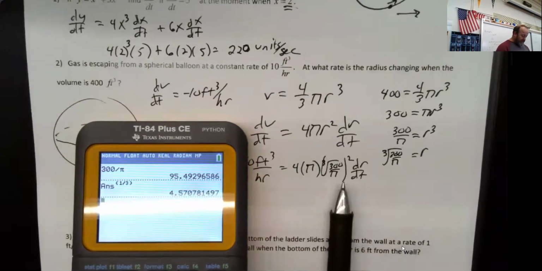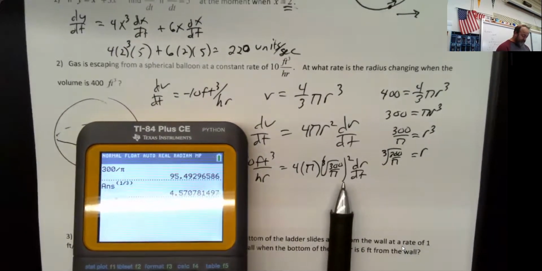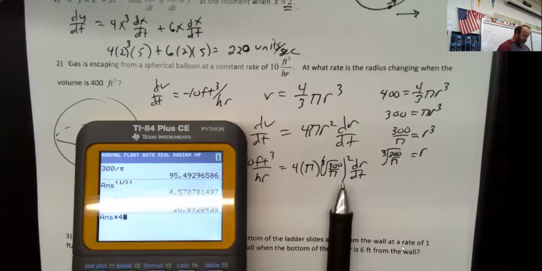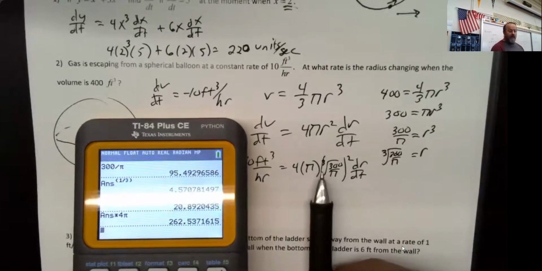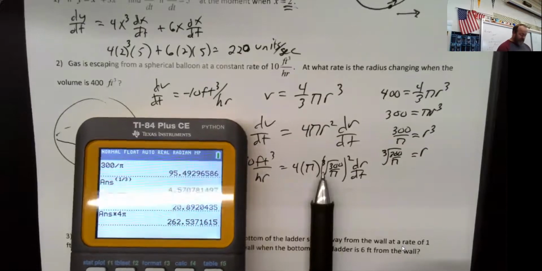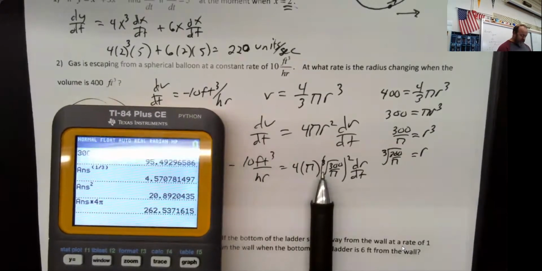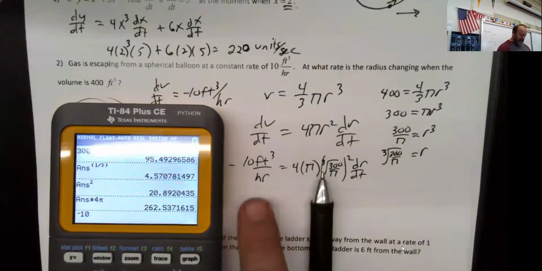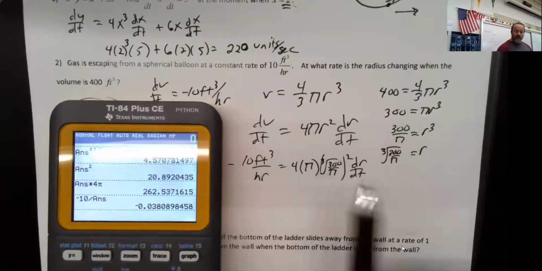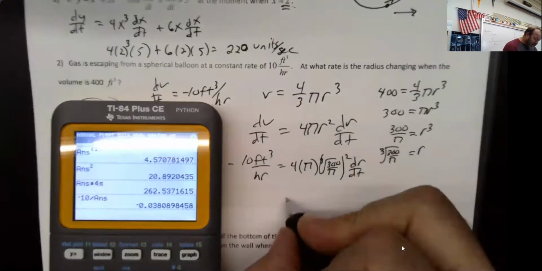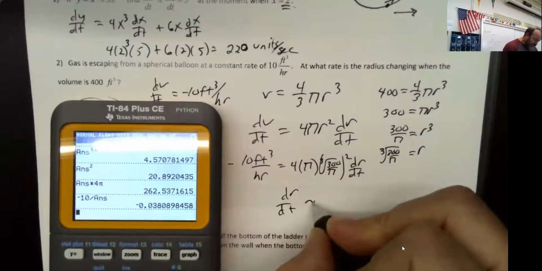This problem squared that, multiplied it by 4 pi. So this whole value right here is 262.5, and I want to take -10, because that's what I have on this side, and divide it by that answer. And so I found that dr dt is approximately